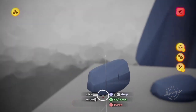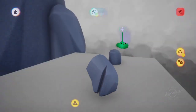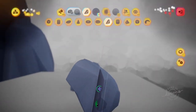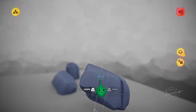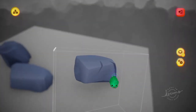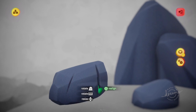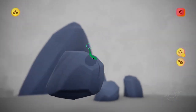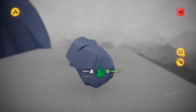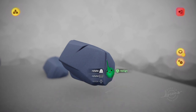So you can cut into it like that. It can be useful to just make a huge slice and then move it around and copy that and then move that around to there. So these kinds of tricks can really help you if you're using the DS4 and not the Moves, because you can just stick it down and then really easily finesse how it looks after the fact, even if you don't have the Moves to make 3D stuff easier. So do it like